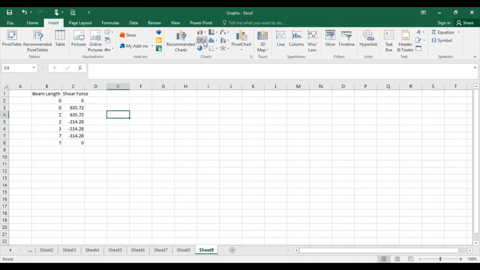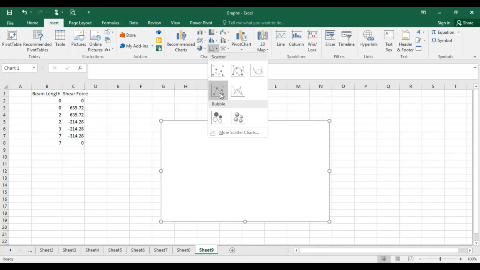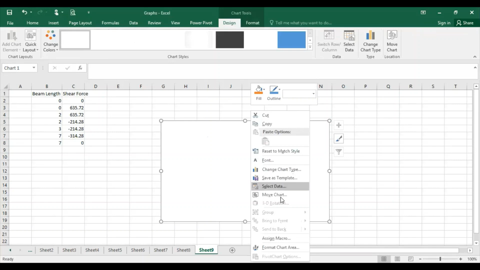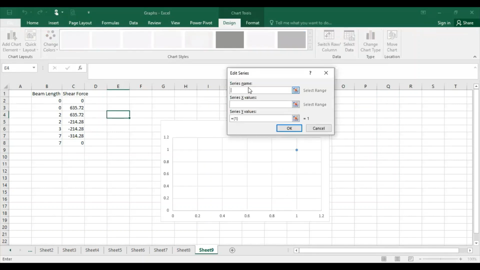I am going into the insert option and I am going to select scatter, scatter with straight lines and markers. When I select it, I right click on this chart and go to select data. I go to the add option and write shear force diagram here, then select the X values.